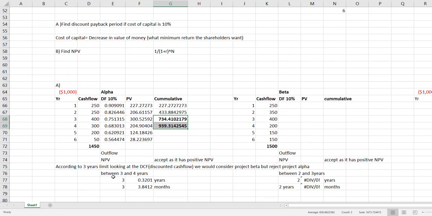Okay, if we want to know exactly, it is 3 years, we know this much. We need a total of 800 and we receive about 700 up to year 3, and we divide this by the present value. It becomes 0.32 years. So 3 years, and multiplying this by 12 months, if you want to be more specific, 3 years, 3 months,